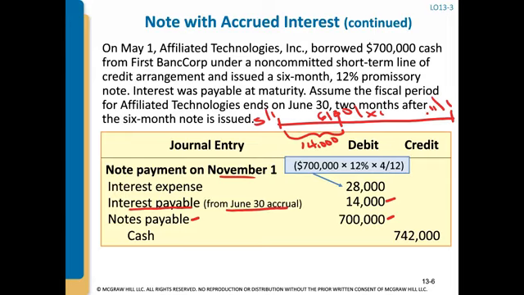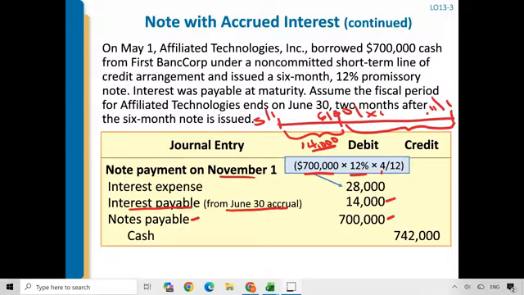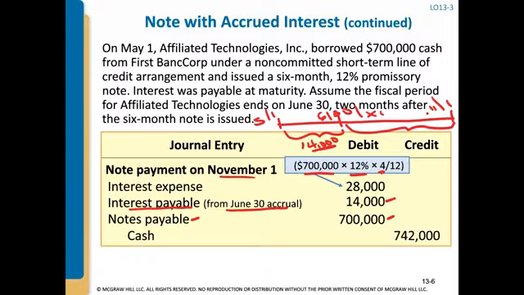And we still owe interest for the next 4 months, right? We've already accrued the interest for the first 2 months. Now we have to record the interest expense for the following 4 months. We do that by taking the face value, $700,000, times our annual interest rate, times the number of months we're calculating interest for, which is 4 out of the 12 months. That gives us $28,000. So we're going to debit interest expense of $28,000, debit interest payable $14,000, debit notes payable $700,000, and credit cash